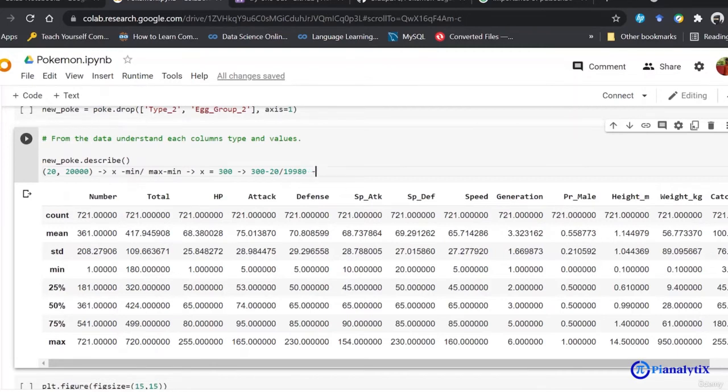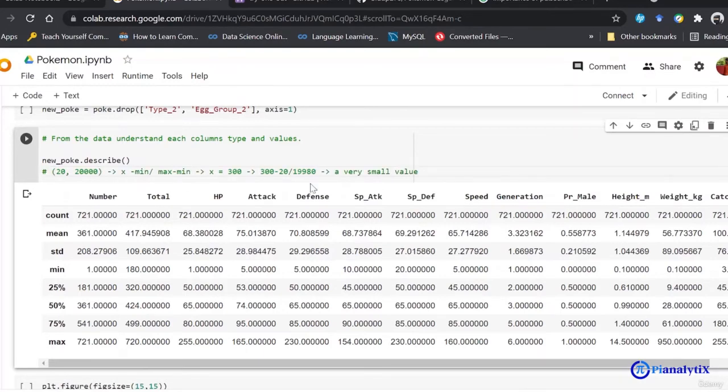So it will turn into a very small value. In this way, you can change or normalize your column to bring the ranges near to your other columns.